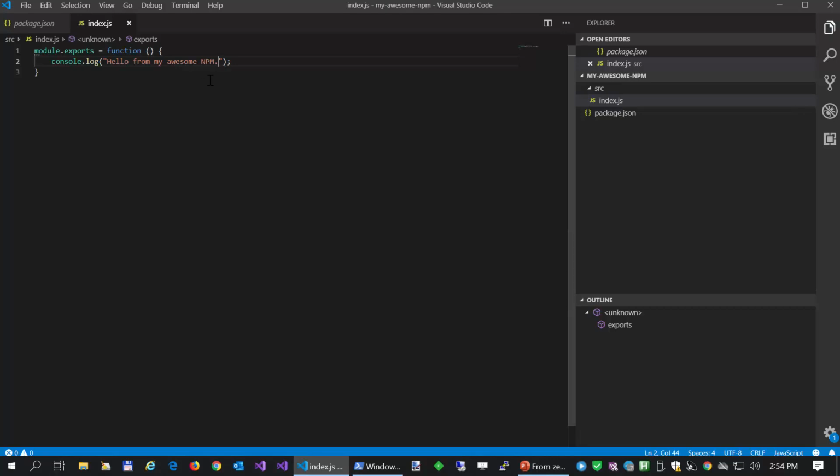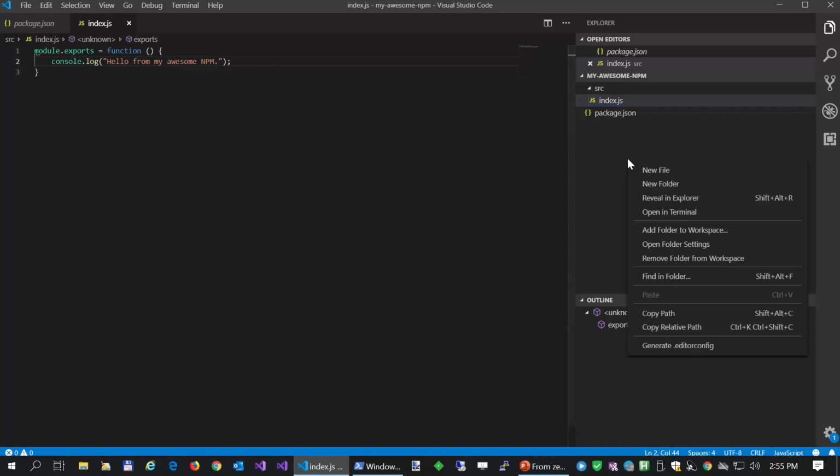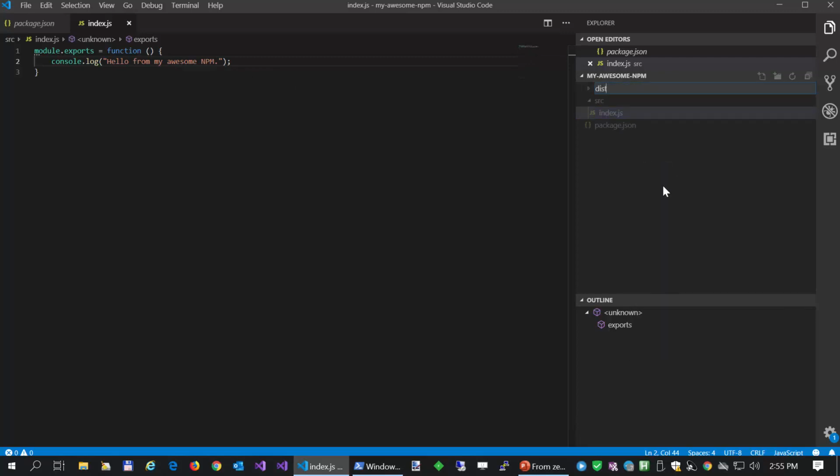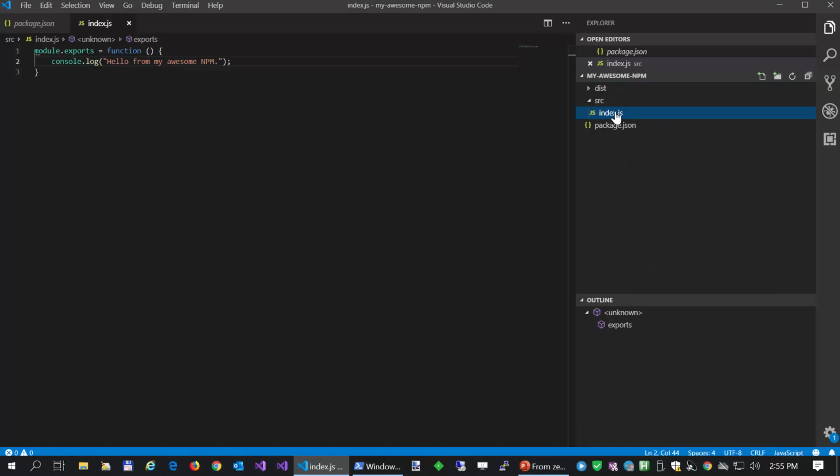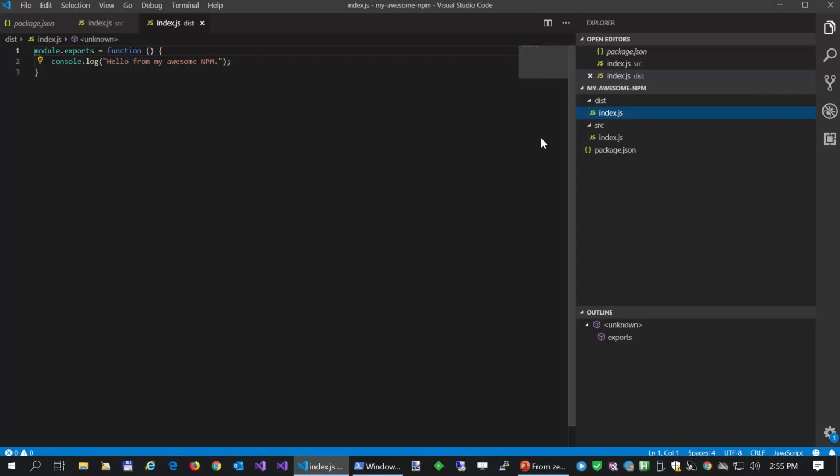So basically, it could also be some TypeScript or any language you are programming in, and then the complete or finished or transpiled code, or compiled maybe, should be in a folder called dist. It's like distribution, so this folder will be distributed as the NPM package. Because I don't have any TypeScript or anything else, I will just copy paste it, because this is my plain JavaScript, and